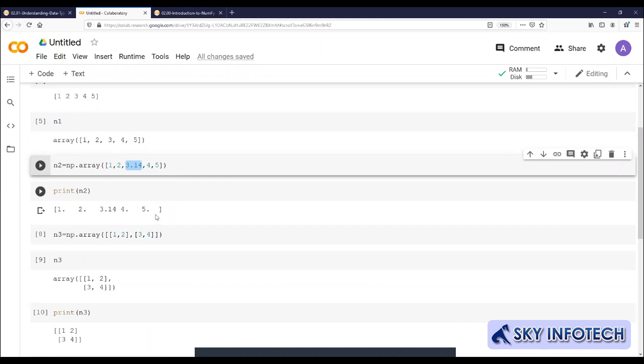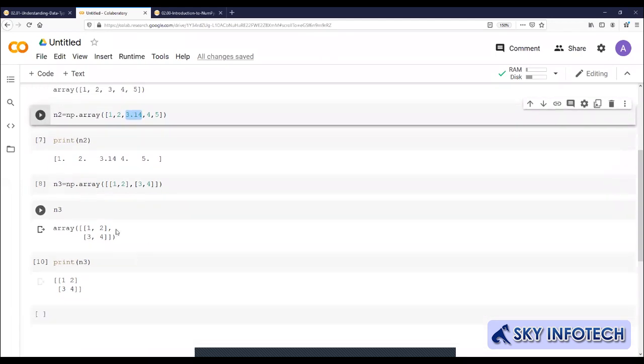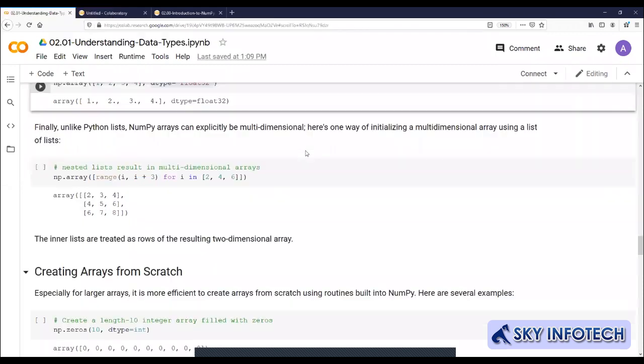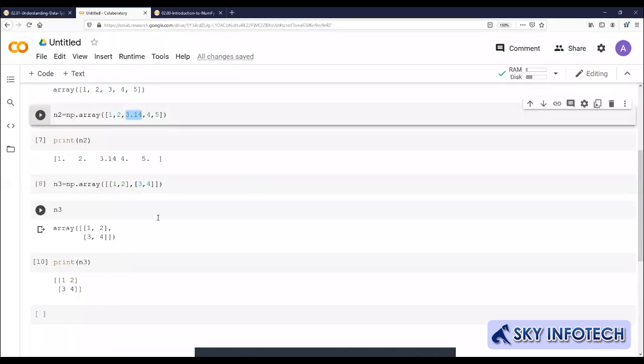Apart from lists, a very important thing with NumPy arrays is that you have multiple dimensions. See this rows and columns format, which you cannot do with lists. But sir, we do this in the list too, no sir?